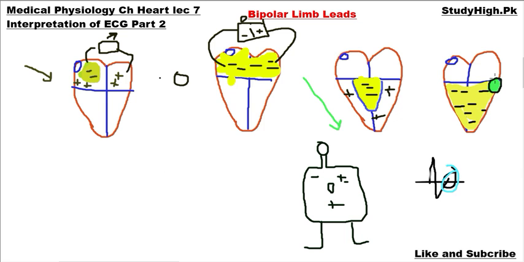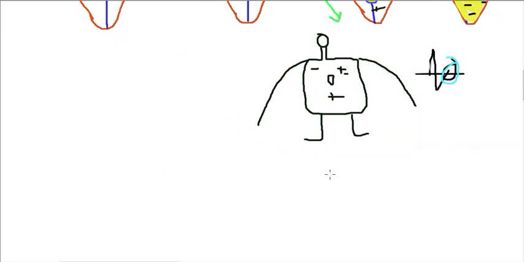As a result, in this condition, all the ventricle will give no electric potential. So these regions, and this is the right arm of this person, this is the left arm. Now I am showing the arrangement of lead 1. In case of lead 1, here is the electrocardiographic meter, and its negative terminal is connected with the right arm. So here is the right arm of this person, whereas its positive terminal is connected with the